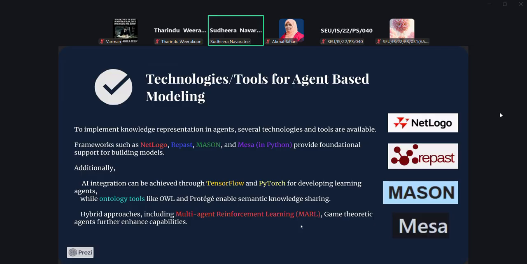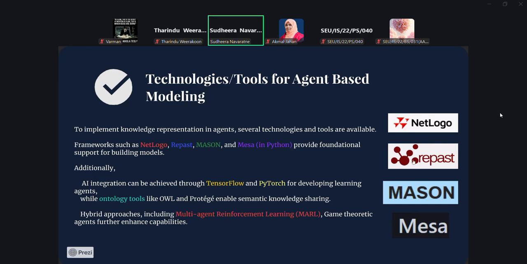And these are some of the tools that will help you build these agents. I'm not going into detail on how to build agents because of the time limitation, but you can investigate these tools. Most of them are actually free, right? You can use NetLogo. It has its own programming language, okay? The other one is Repast.